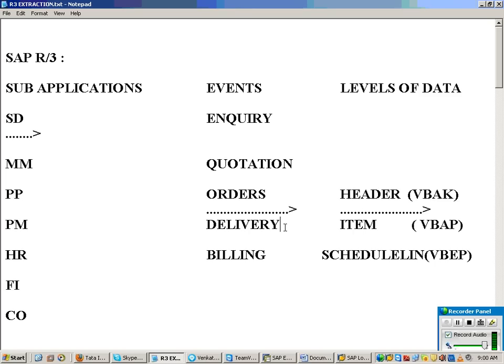But with two separate events, what is the primary key? Order number is the primary key for this table, and delivery document number is the primary key for that table. I cannot combine them. So using a view, we can combine the tables within a single event, not different events. That is the problem with a view. Clear? The view is clear. Then next,